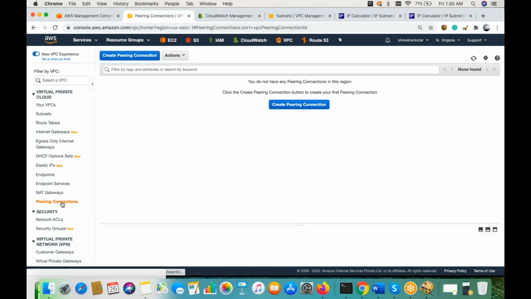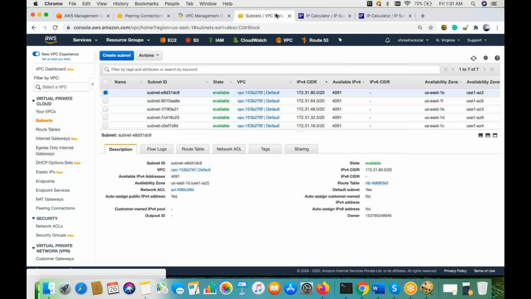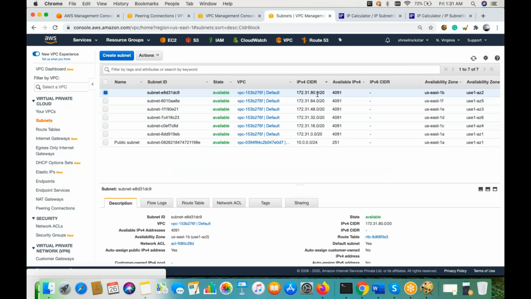Another option, guys, is very nice. That is peering connection. Peering is something you can see now, right? So if you go to VPC here, let me show you what exactly this is. So if you see, guys, there is a 172 range and a 10 series range. It means we can understand these are totally different IP addresses and totally different ranges. So how can they communicate between each other, right?